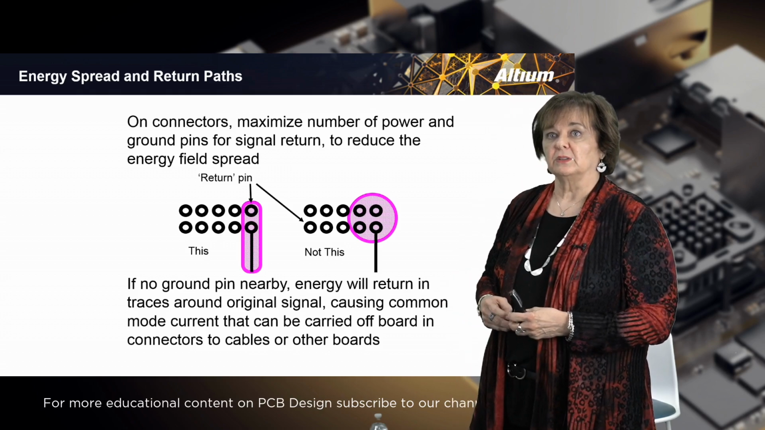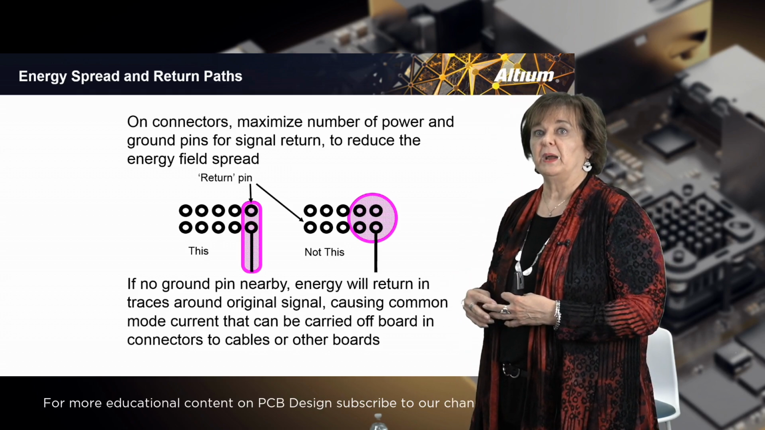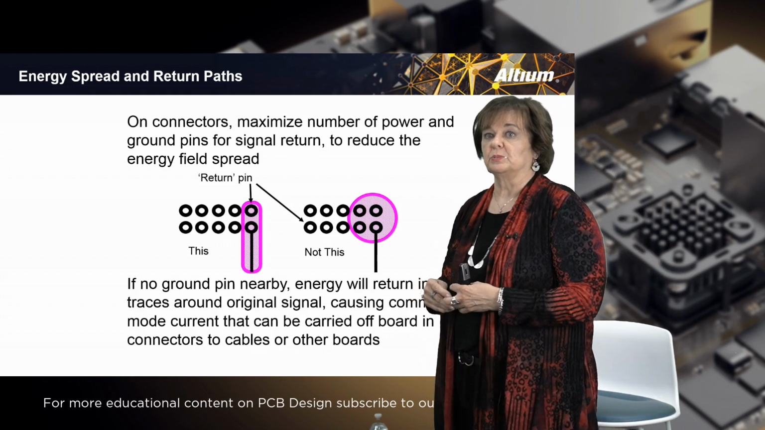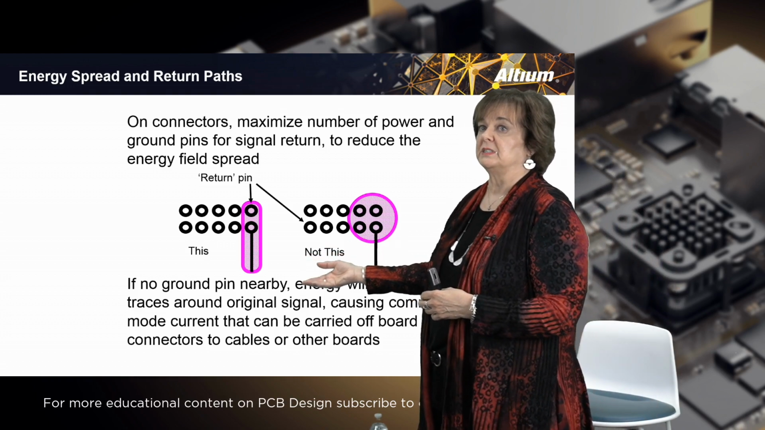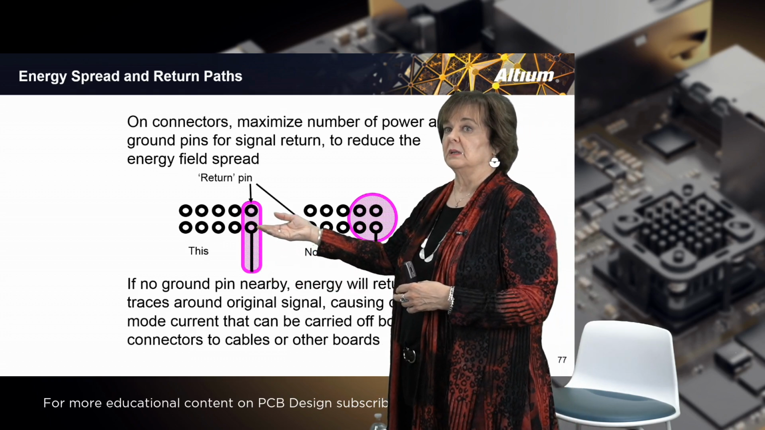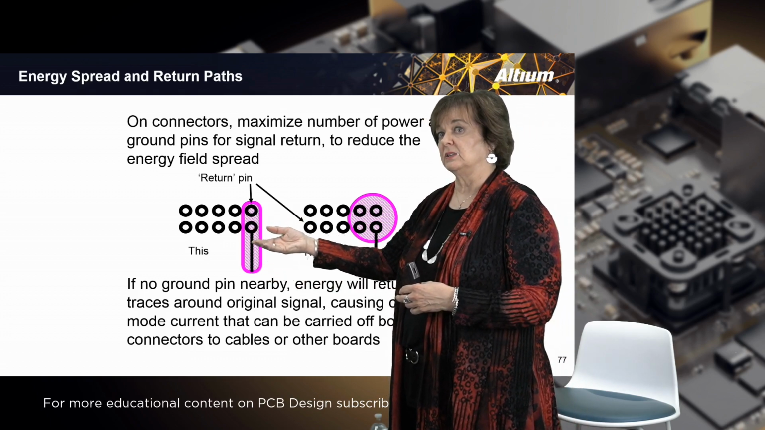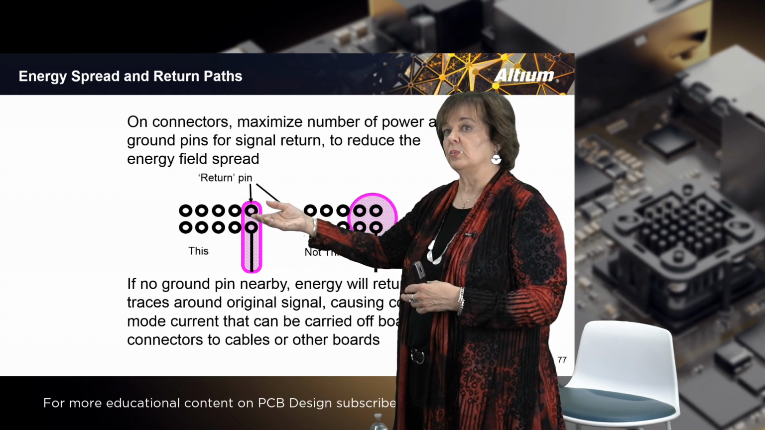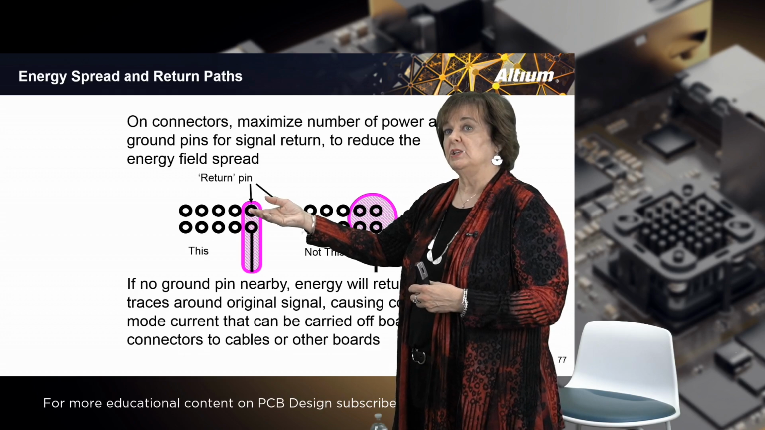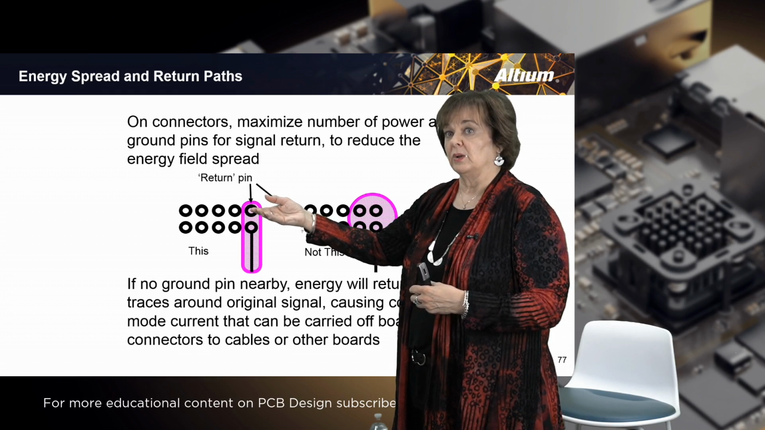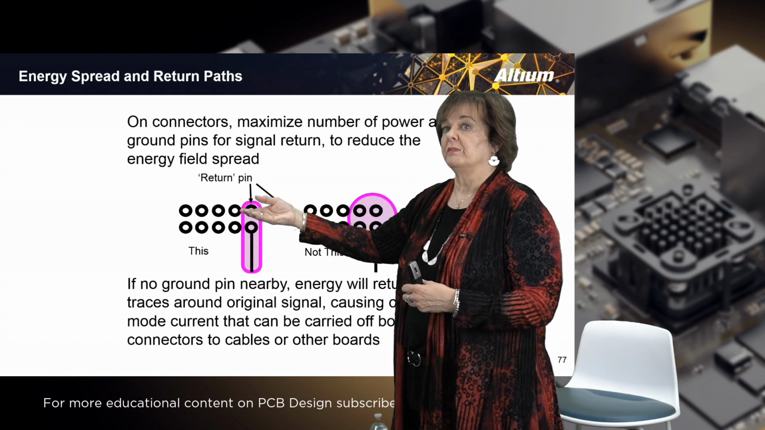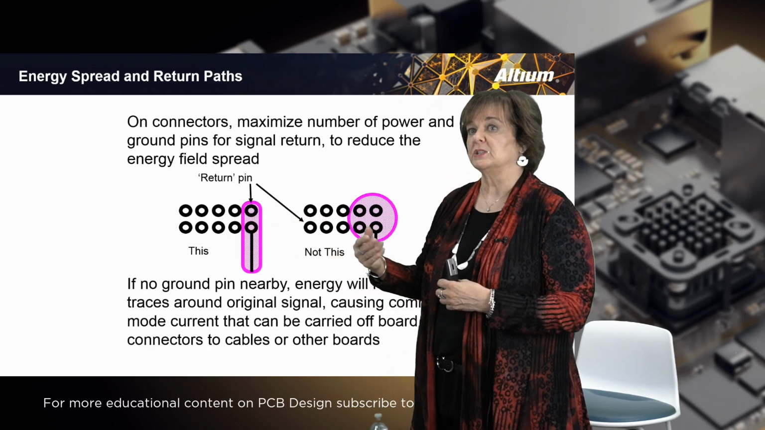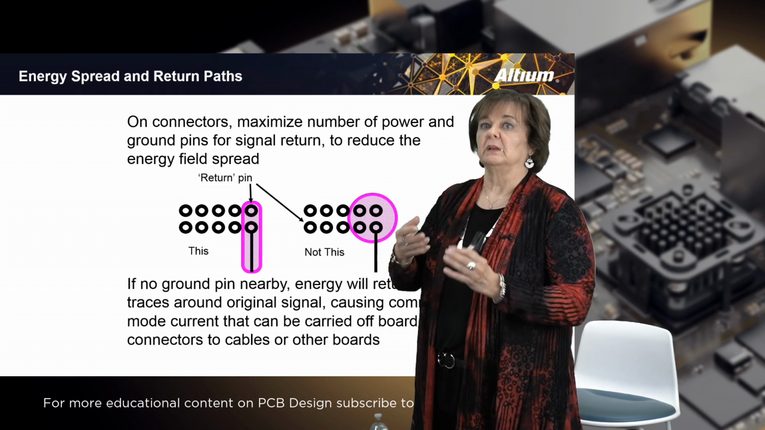If you're working with connectors, you want to maximize the number of power and ground pins for the signal return. To return the energy field spread, the same thing. You have a signal, the black line is the signal, and it's returning on the layer below it, whatever that is, probably ground. Then you would want this to be a ground pin, either here or very, very close by, so that there is a very close path for that signal and its return path to couple in immediately